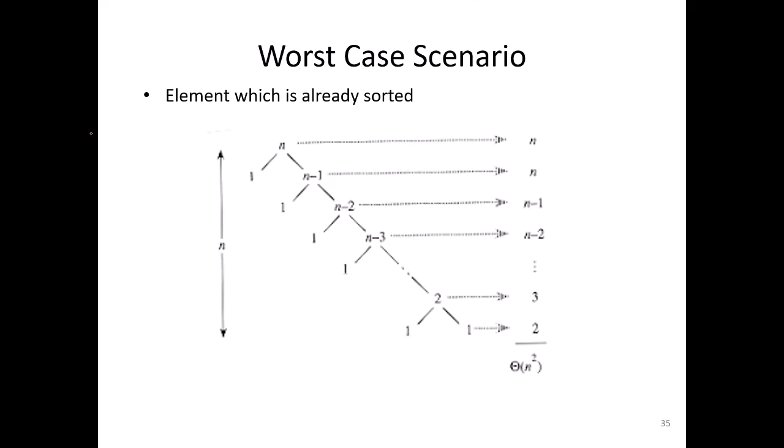Consider we have elements ranging from 0 to n minus 1, which are already sorted, and consider the first element as the pivot element. Then i always gets incremented and j never gets decremented. In this situation, when you partition the data, the left side has no element, but the right side has n minus 1 elements. If you have n elements, one element is the pivot and the remaining elements are available on the right side for the next quicksort.